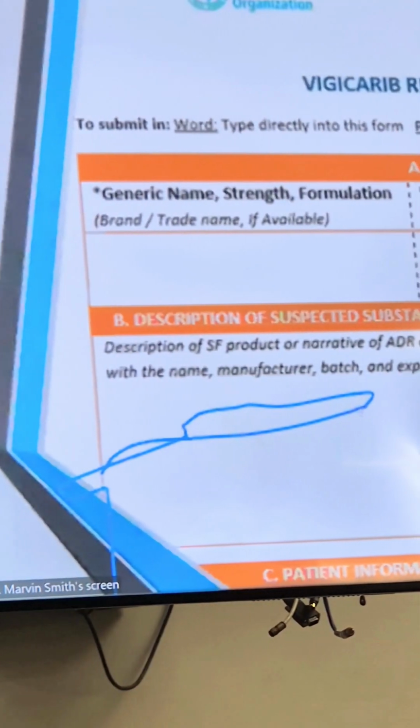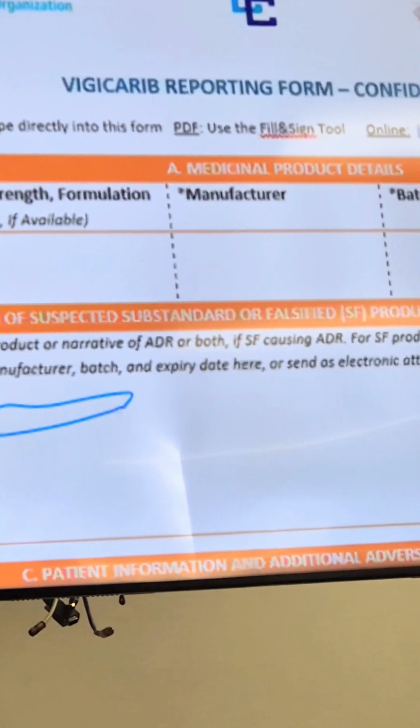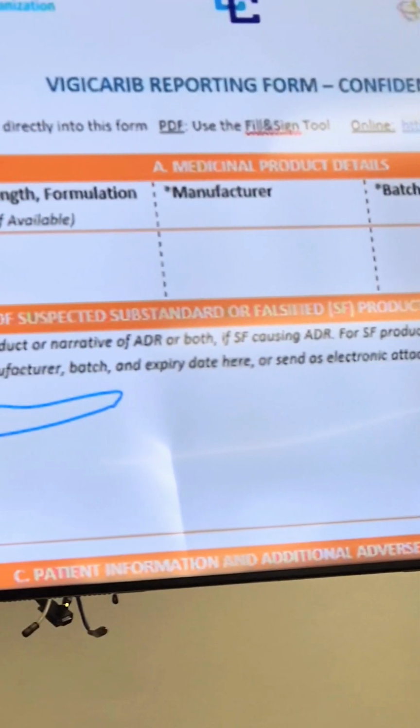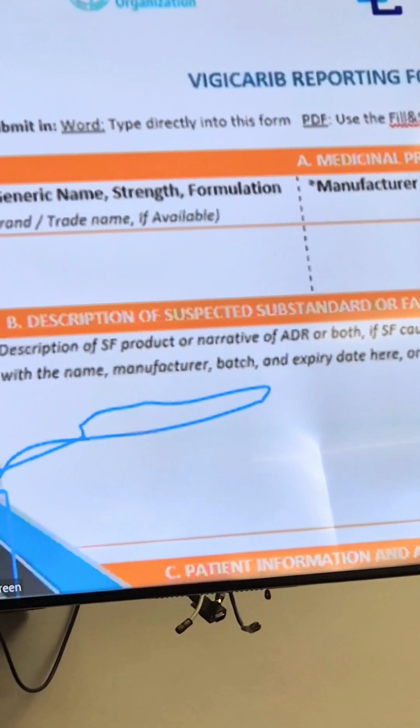So this is an example of our VigiCarib form. As you know, all information is collected and uploaded online and sent for local gathering of details. So, regional reporting platforms. We also have VigiCarib, but we also have MedWatch and VigiBase. Reports can be submitted, as I said, electronically through those platforms. You can report adverse drug effects. They also have vaccine-related events, for those working in the Department of Public Health, or suspected poor quality or